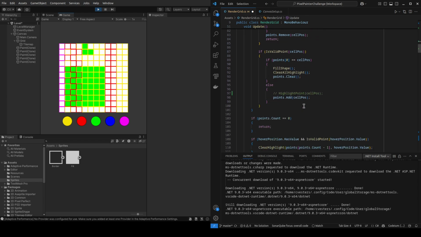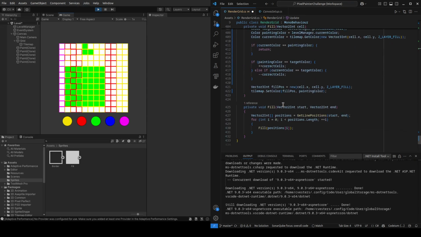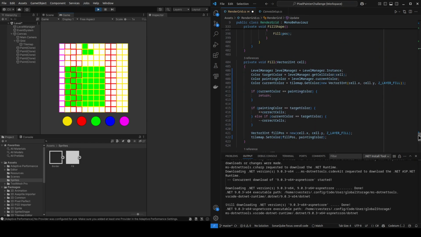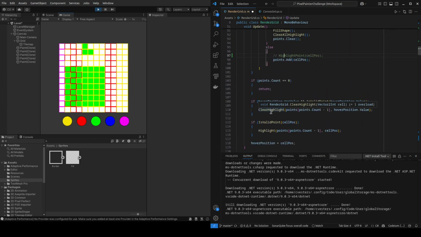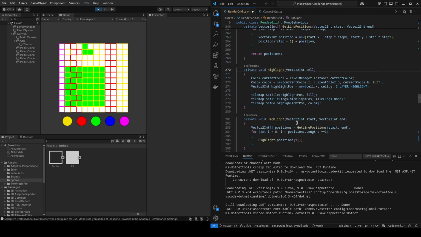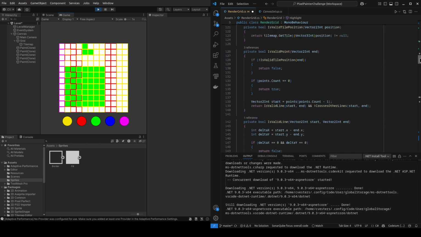And that's the only things I have then, because clear all highlights and highlight points is exactly the same. The only question I then have is here with the highlighting of the cell and the start end. I think the regular cell will probably be fine